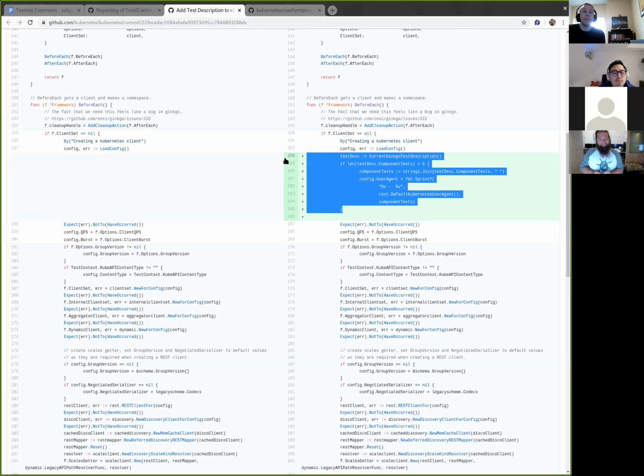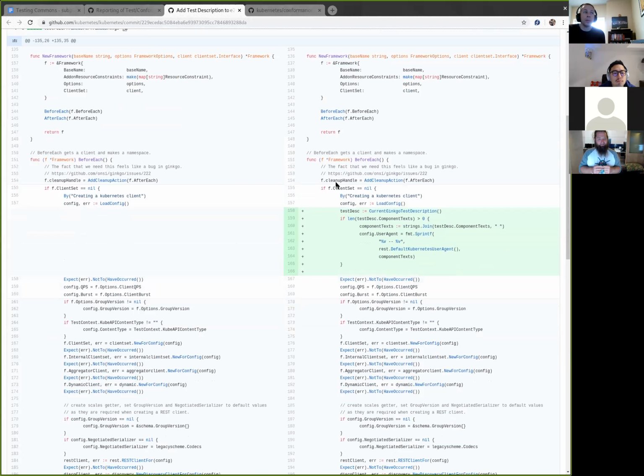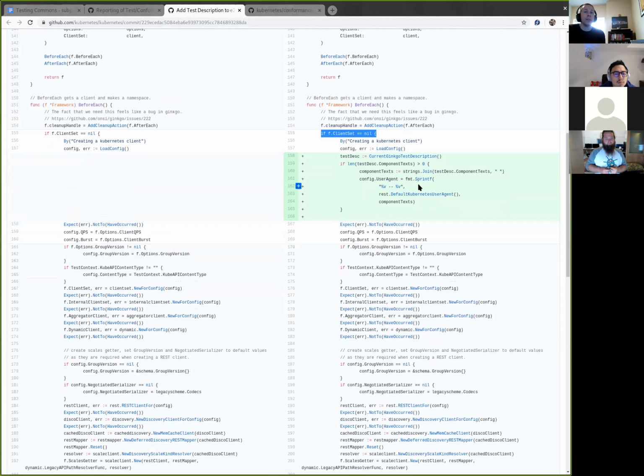Yeah, so my first thought when I looked at this is that you can have parallelization in the test framework, so it's possible to have multiple client sets. You could get a weird race condition where each one comes through. Now, if you eliminate that, then you have the second question of why this is not being added to every single test, because there should be only one client set. And then I have no idea. Well, on line 176 we're setting the client set, which means once you pass that, any BeforeEach after that would skip the nil check. Am I missing something?